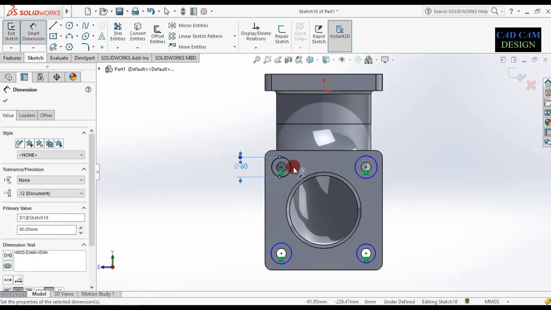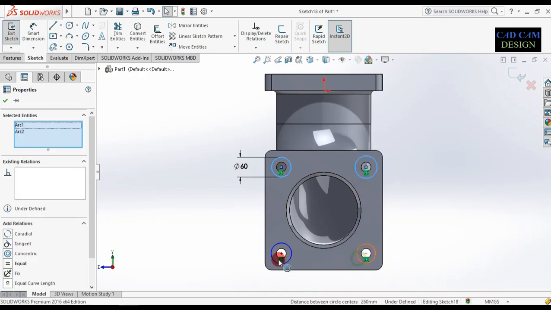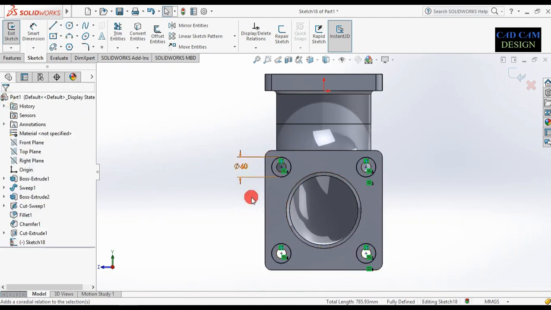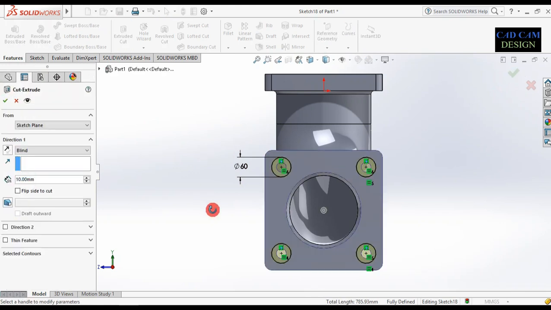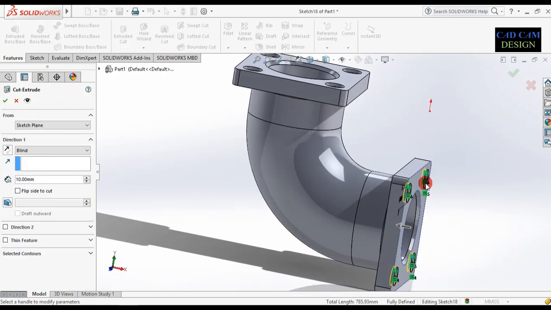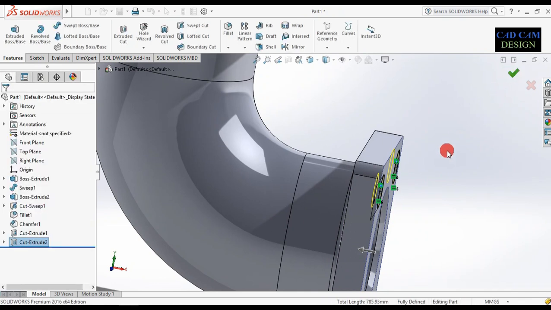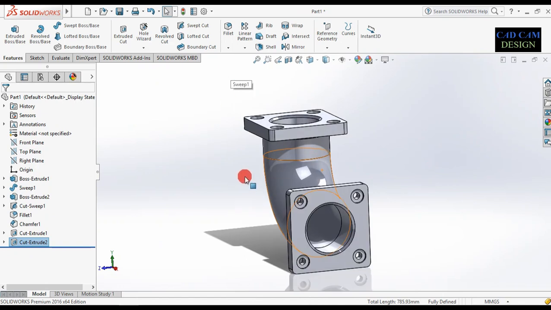Now select this and this. Now make as equal. Now done. Now go to the feature and extrude cut. Now this is extrude cut up to automatically 10 mm and done. Now see, our this object today exercise will be done.